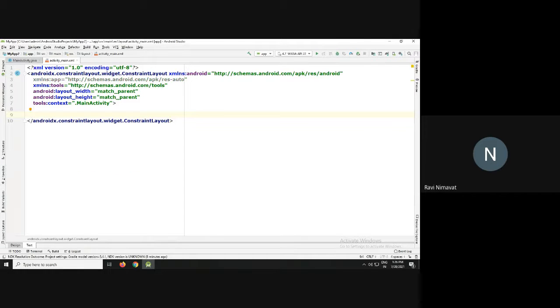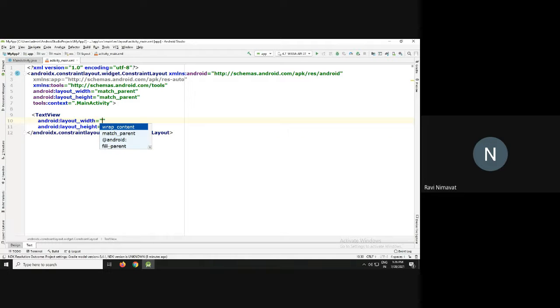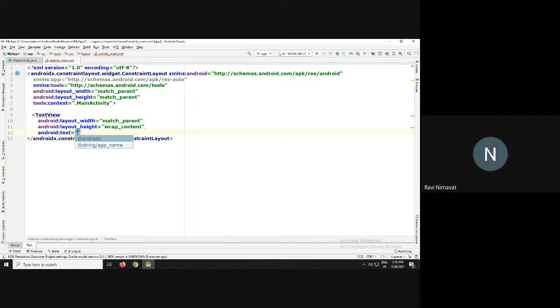Okay. Text view width is match parent. Height is wrap content. Then text.